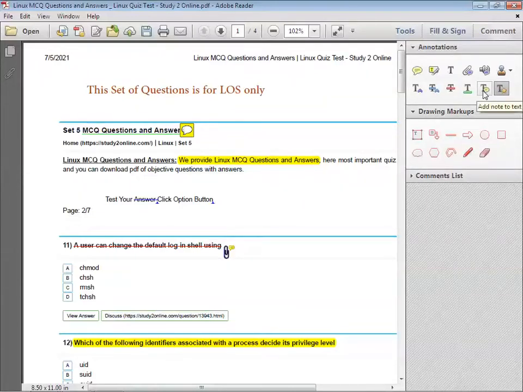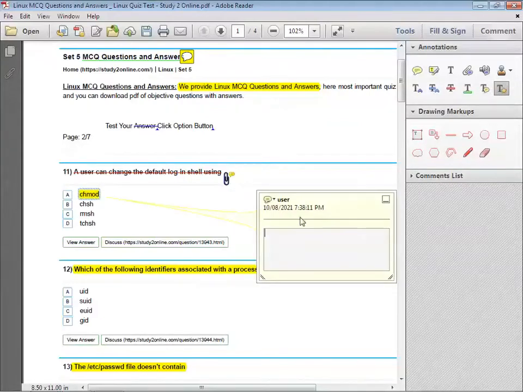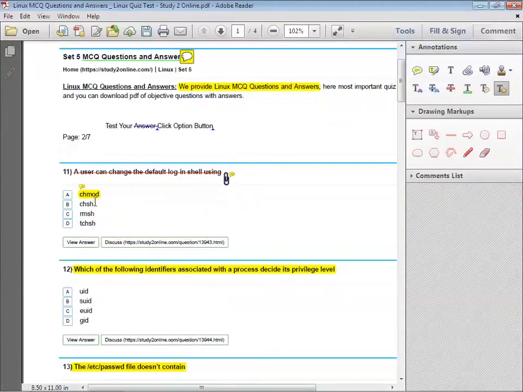Next one is the add note to text. Here, if anywhere we want to add text, we can add the text just like this. We can set the add a sticky note at any point. Just by the end of this first option, we want to add this sticky note, we can give here the first option. So when the user comes to this point, he will get the information specified with this. These are all about the annotation, which makes the sessions attractive and interactive when they are going to be presented online. These are very important tools, and they are going to be available free.